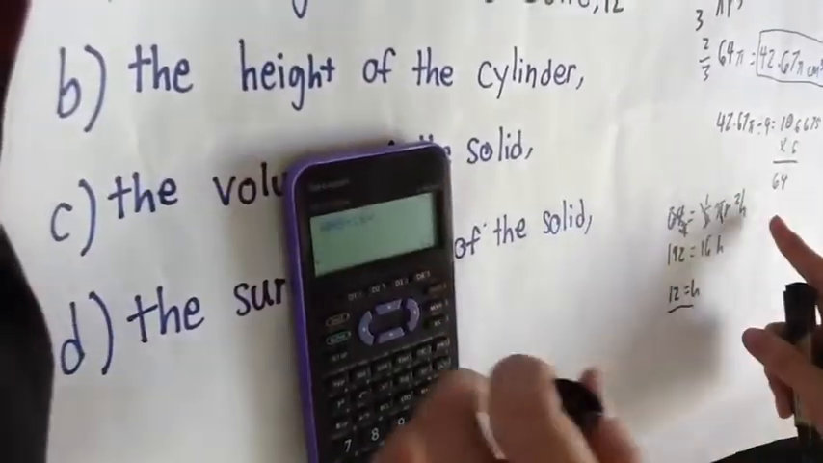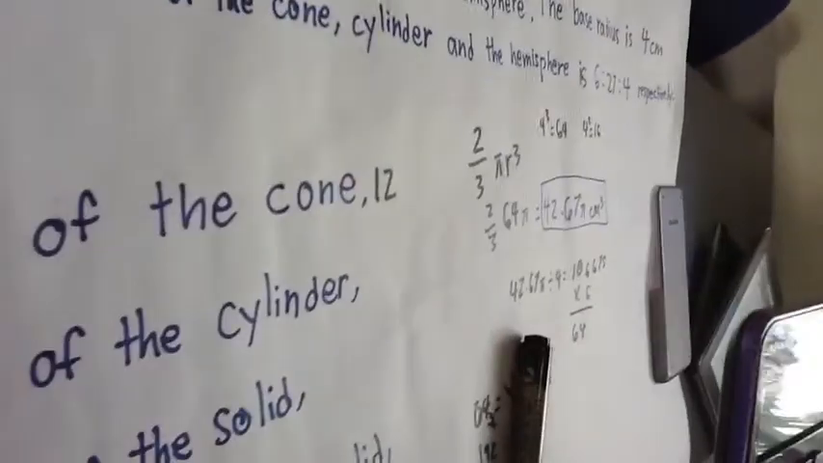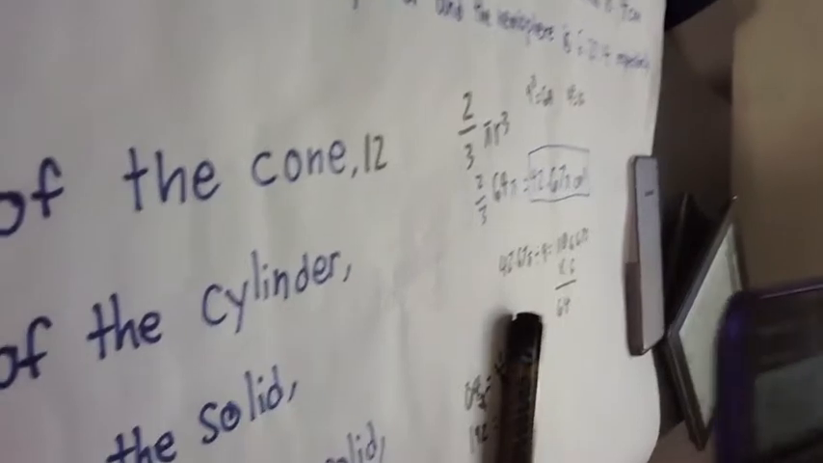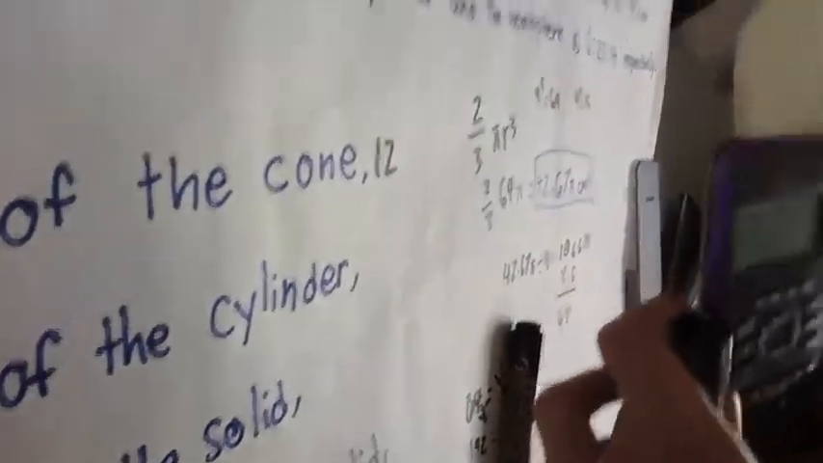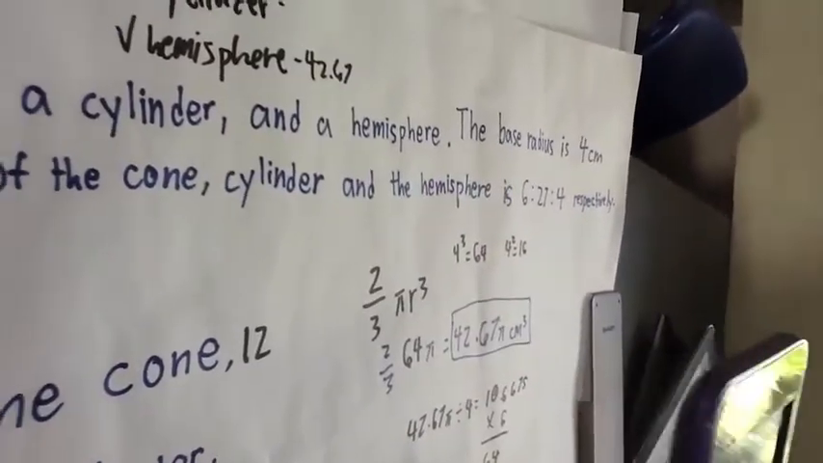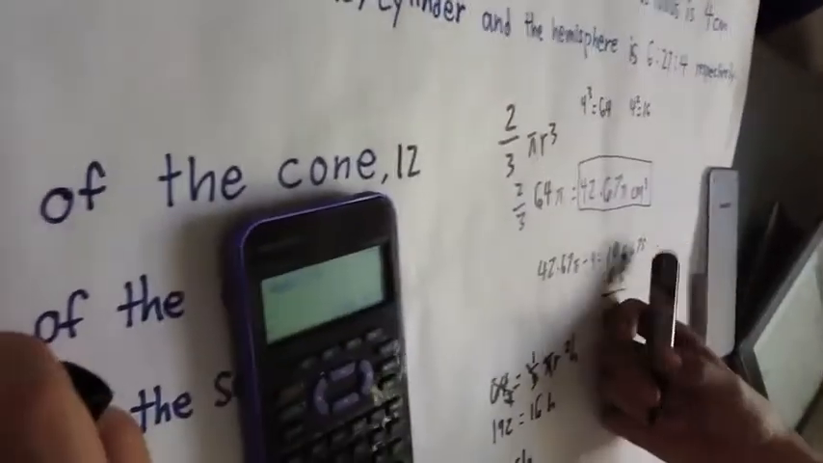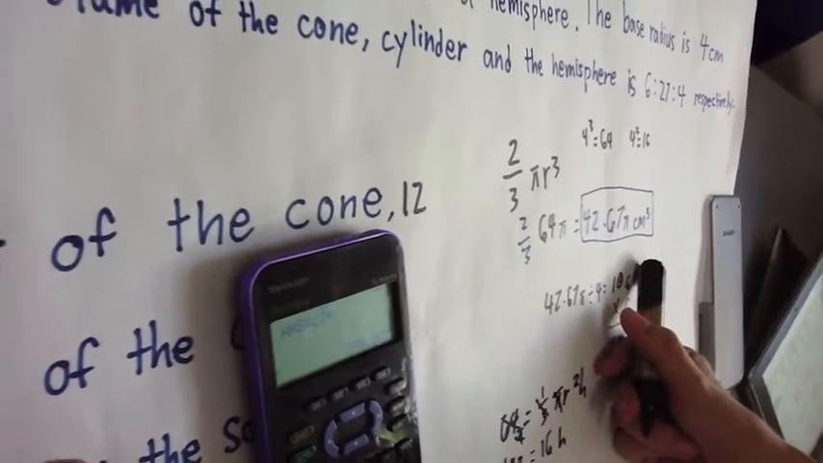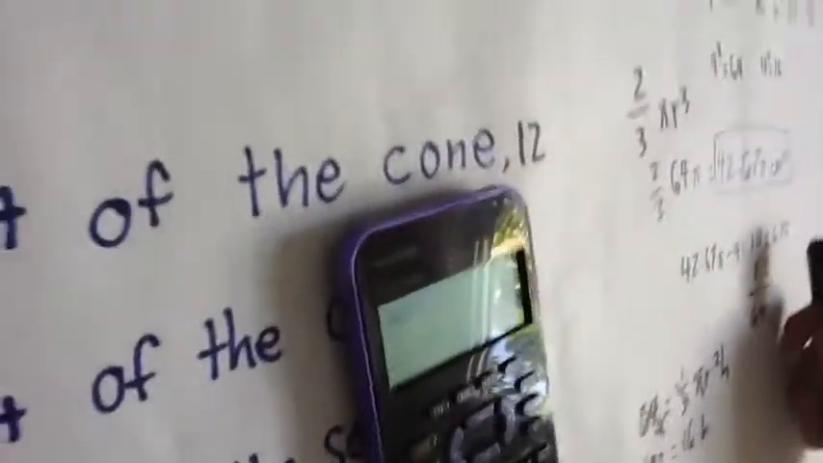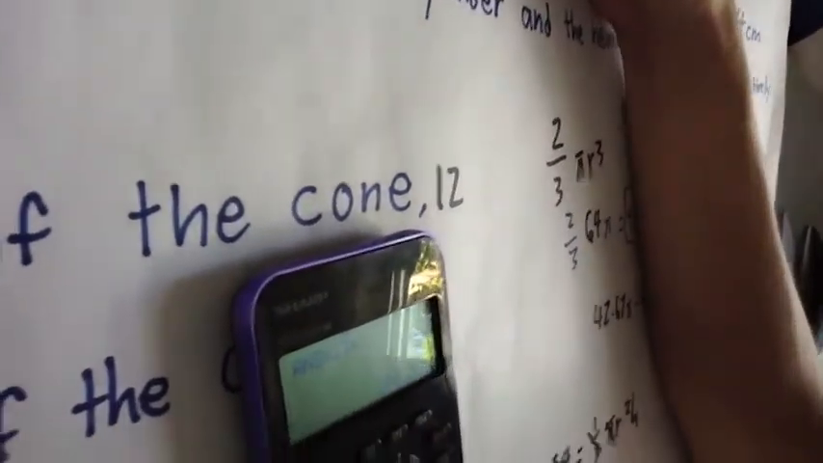Now, to find the height of the cylinder, we have to go back to this. 42.67 divided by 4 again is the ratio unit. So times this by 27 is 288.2. So that is the volume of